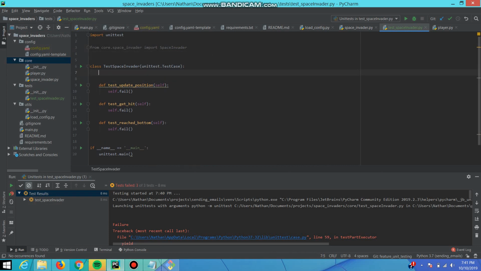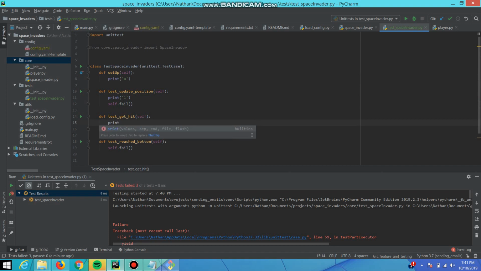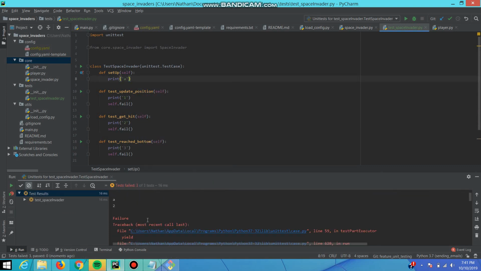And I'm going to add a new function, def setUp(self). What does this do? This is run before every function. I can show you. Print a, print 1, print 2, print 3. Let's run this. And see, it goes